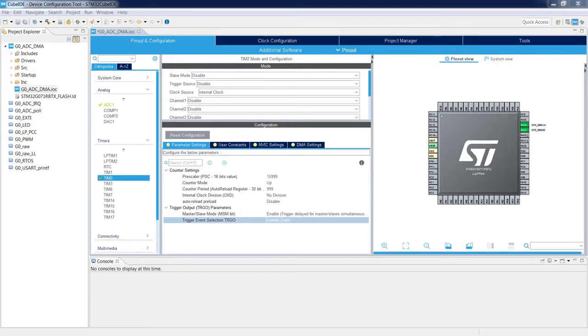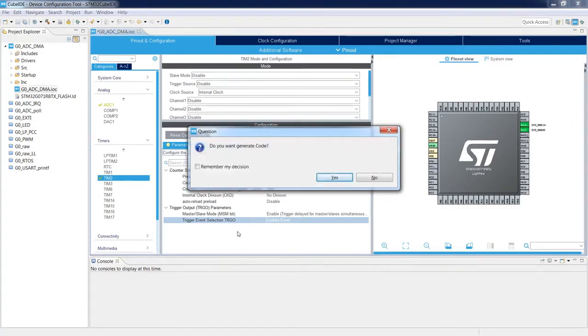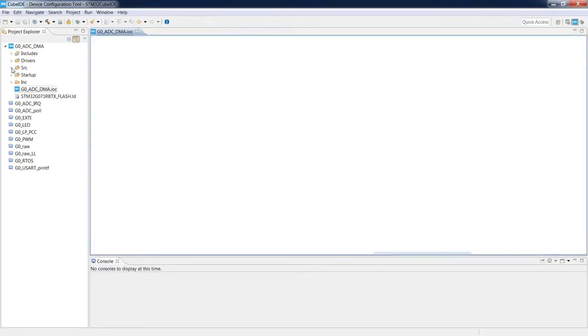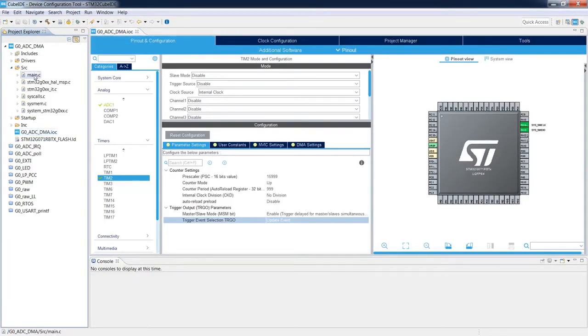We can generate the code. So I can simply save the project, so Ctrl S. Yes. After a while, the project is generated. So we can go to our main.c file, which is the main file of our code.